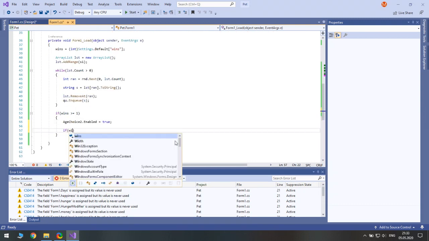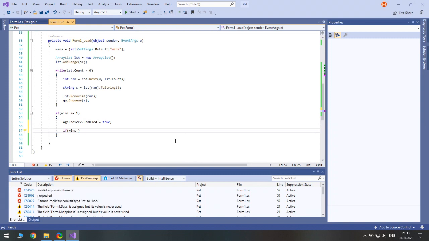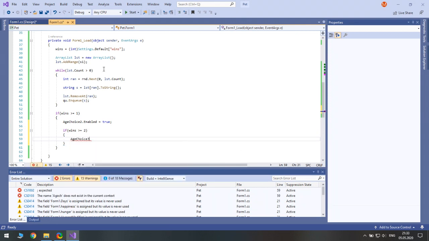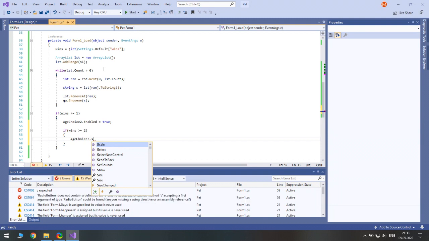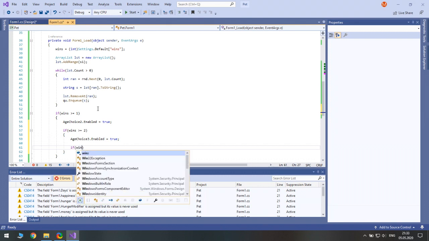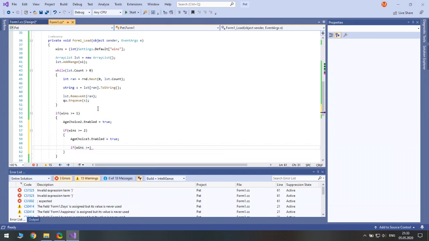If wins is greater or equals than 2, then we enable choice3, set its Enabled property to true. If wins is greater or equals to 5, choiceB, Enabled equals true.